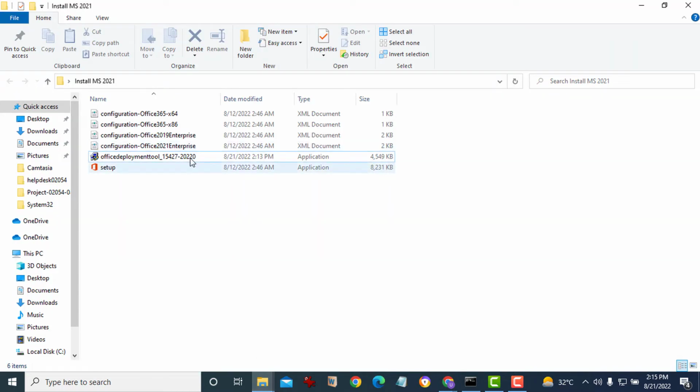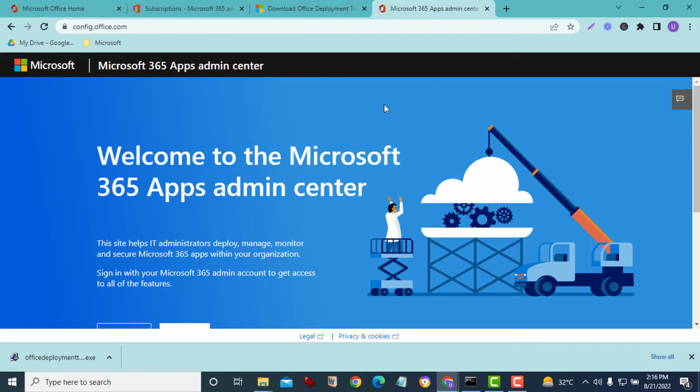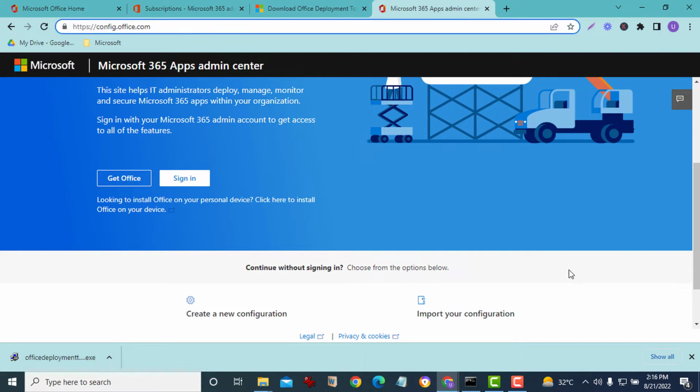So as you can see, there are a bunch of XML files over there after we have extracted the ODT. So again, we don't need this XML file, we can delete that, and since we are going to run this setup for the x64-bit environment, we're gonna delete 86, and then that's the enterprise XML document file, which is no longer required because we have to generate our own XML file from this URL. Okay,